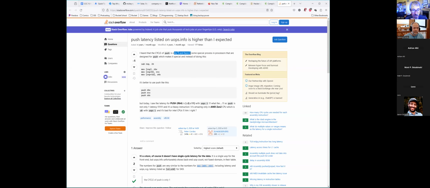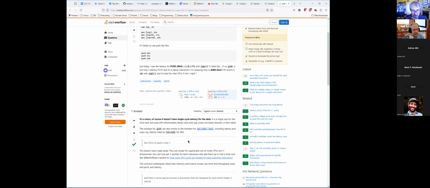Yes, I heard push was only 1 clock for a long time. Now this guy says it's between 2 and 11. Yeah, I don't know. Oh, I see. So they're claiming it's a store. It obviously is. Right, but it doesn't block the next instruction. Doesn't matter how long it takes to retire the cache line. It matters how fast you can start the next instruction. And as far as I know, push is still pretty much 0. No, it's 1. Pretty much zero.